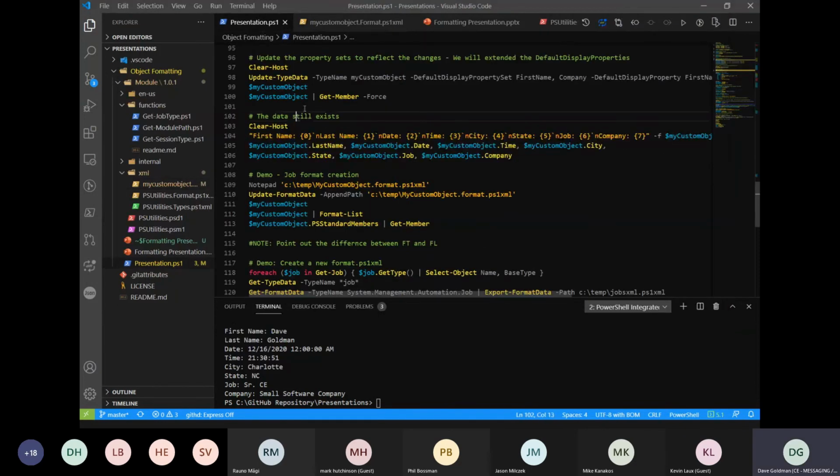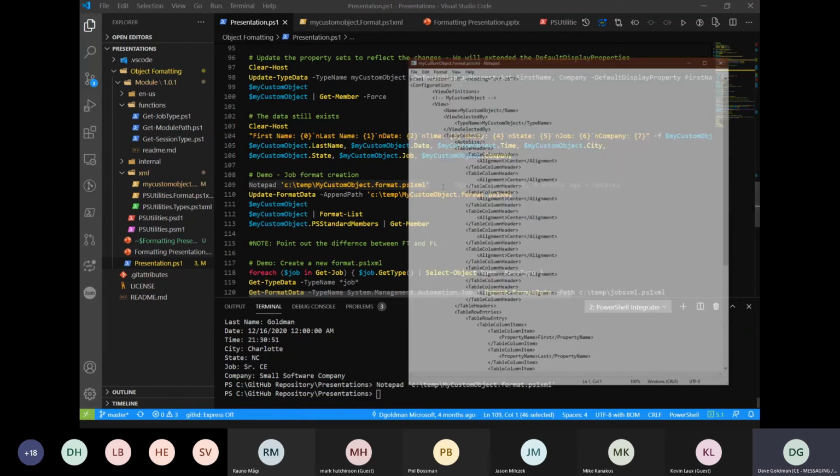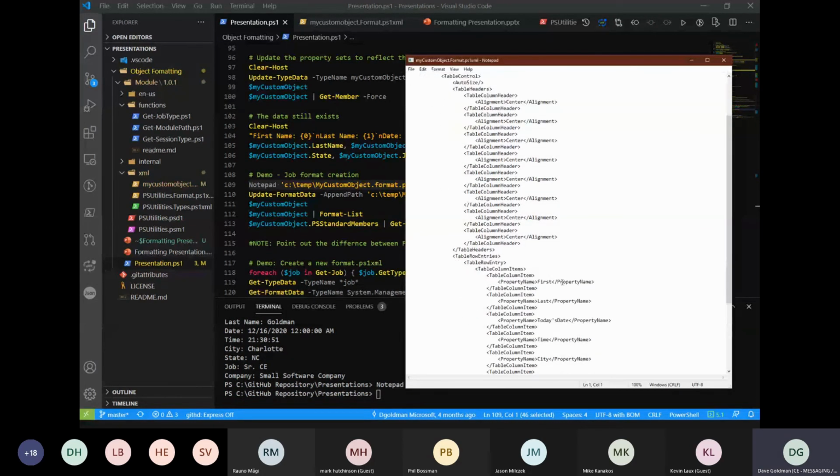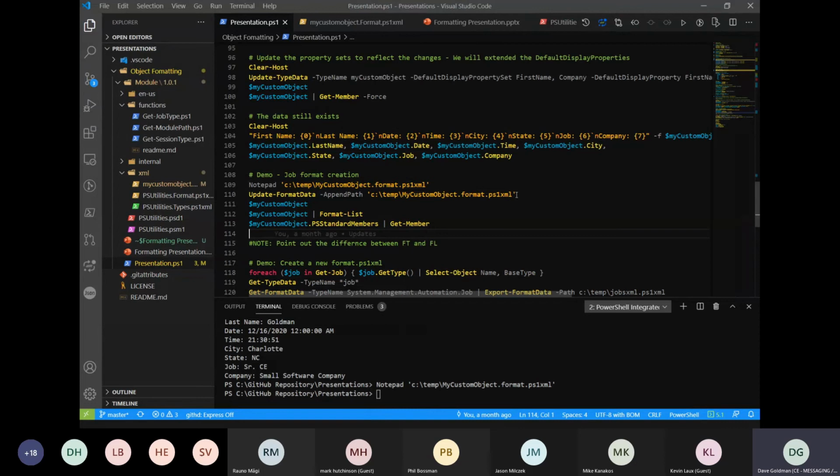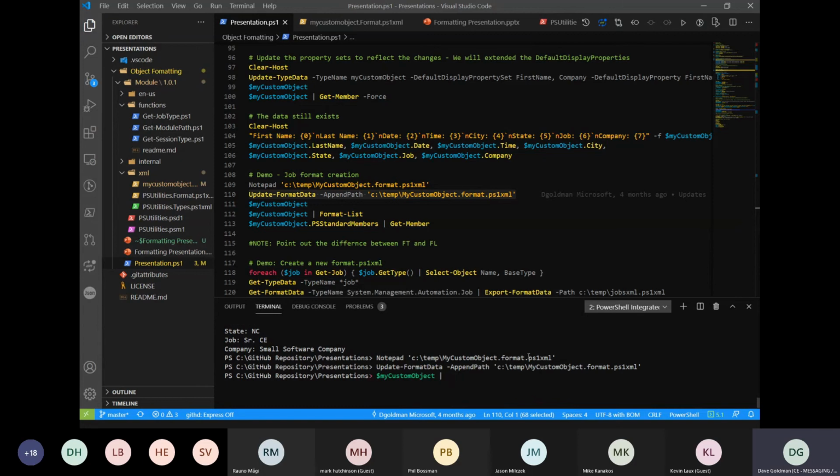I'm going to open this back up just to make sure that it didn't get messed up. Okay, we look good. We can see that the changes are there, right? Yep. And now I'm going to update on the fly. Now I'm going to run my custom object again.